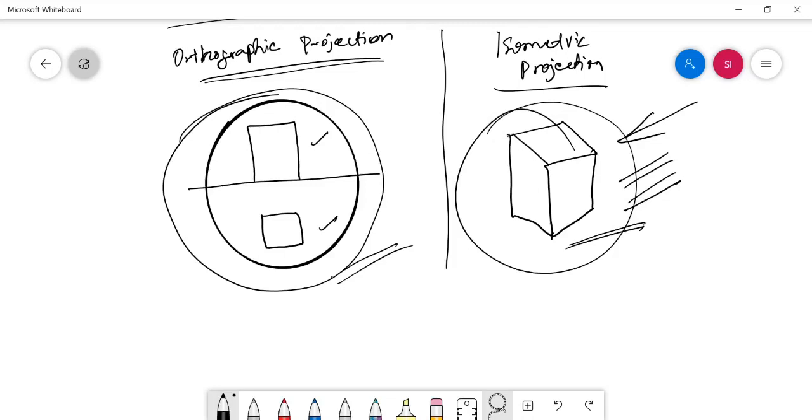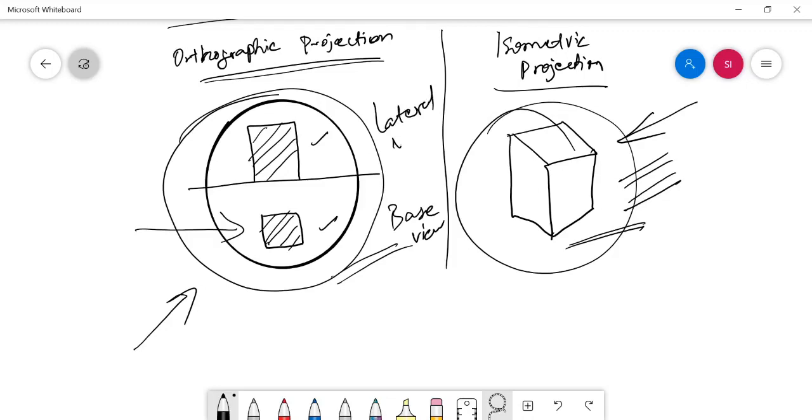Meanwhile, it's a single view drawing and it shows various faces in a single output. For example, in the orthographic projection, in the front view you can see the side face of the object, and in the top view you can see the base of the object. So this is the base view and that is the lateral view. The base shape can be viewed only in the top view and the side face only in the front view.